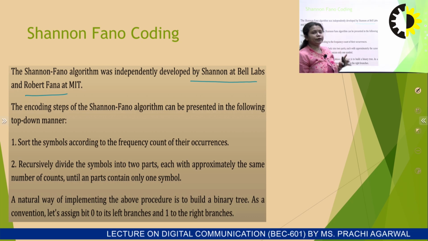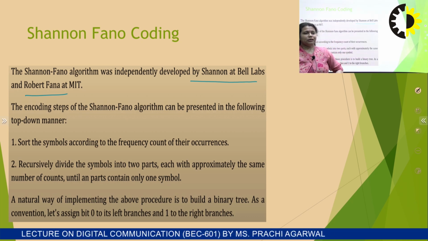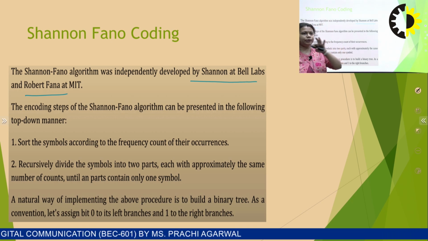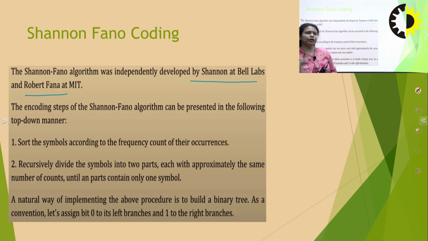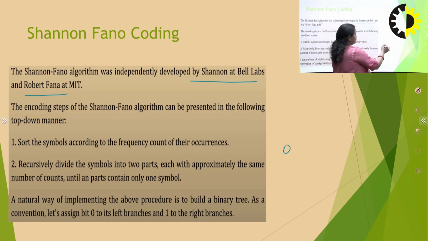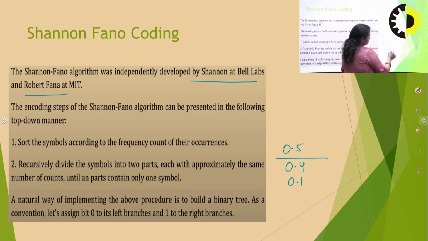But in Shannon-Fano, there's a difference. In Shannon-Fano, we divide the whole set of probabilities into equiprobable states. That means whatever probabilities you have been given, you allot them into a set of equiprobable states. Suppose the question gives 0.5, 0.4, 0.5, right? These are the three probabilities you are given in the question. So you just divide first like this. So you have 0.5 and this also has 0.5. So then you allot 0 and 1, 1.